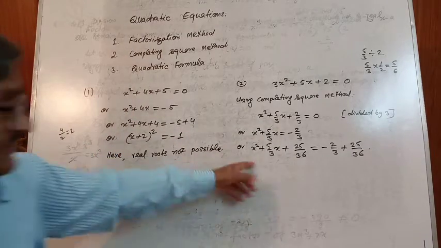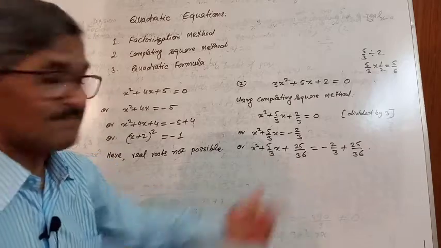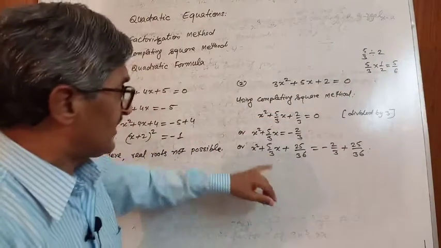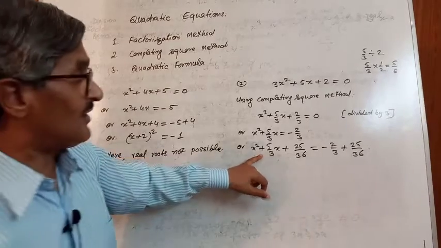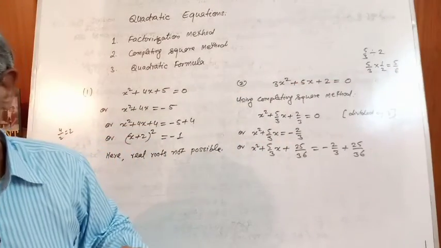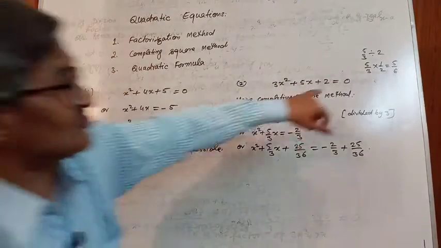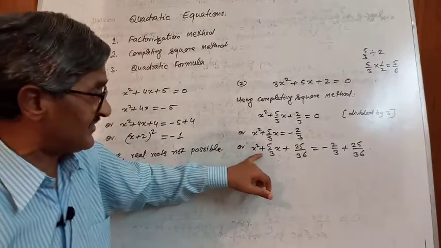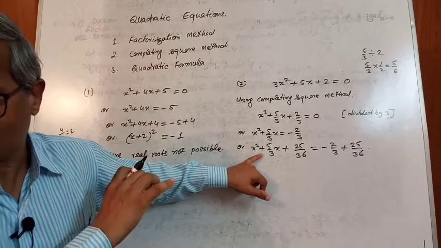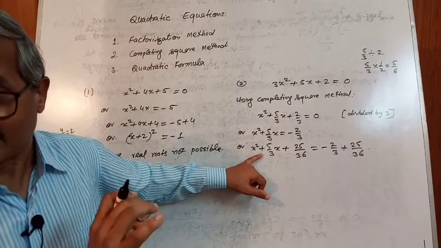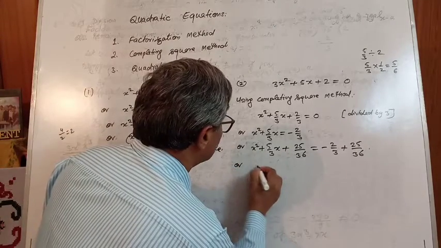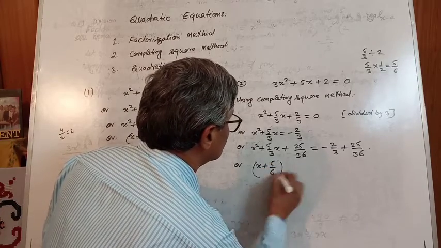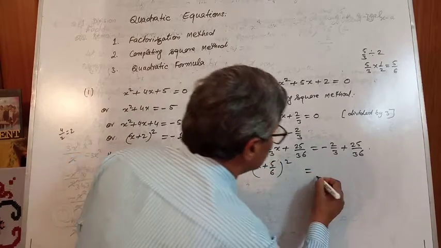It becomes a square of what? The same number that comes with x: if there is plus, then it will be x plus 5/6 whole square. No need to use too much brain. This number will come with x either plus or minus. If it is plus then that will be +1, if it is minus then that will be -1. So this will become the complete square x plus 5/6 whole square. Now solve this one.